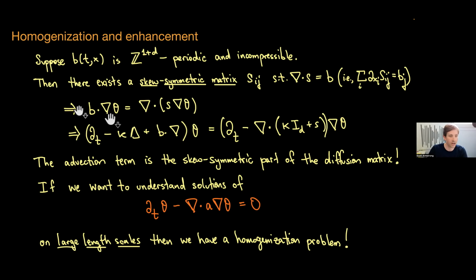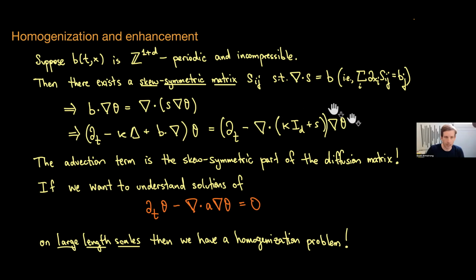So you can write this advection term as the divergence of S, the matrix, times the gradient of theta, because when the divergence hits this, it makes a Hessian, which contracts against the skew symmetric matrix, makes 0. Okay, so then you only have the divergence hitting the S, which makes the B. So the point is you can write this advection term as kind of a second order term, but you have to work with now an elliptic matrix, which is not symmetric. Okay, but we know how to do that in elliptic homogenization theory. We don't care that the matrix is not symmetric.